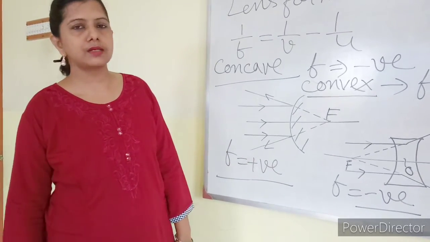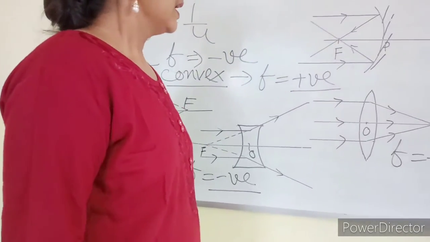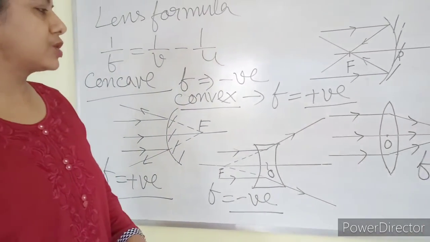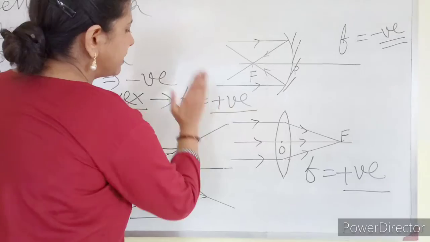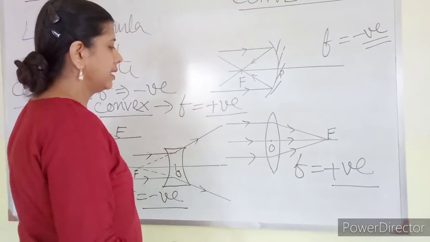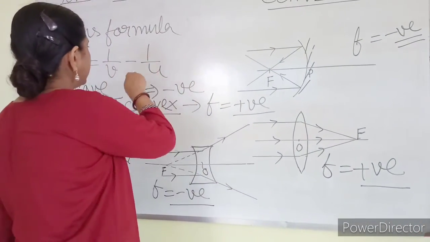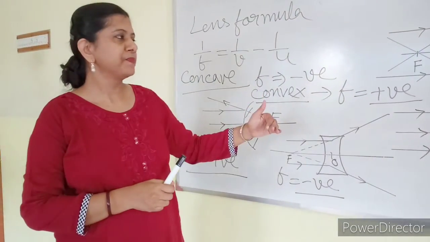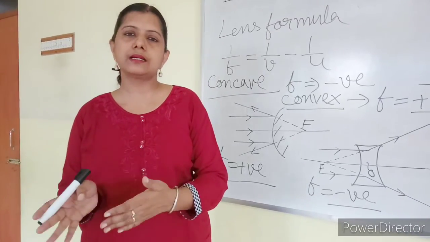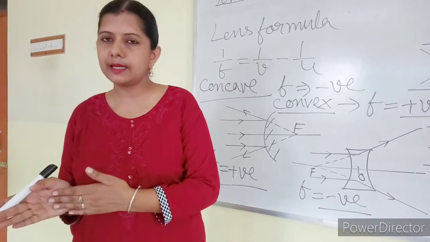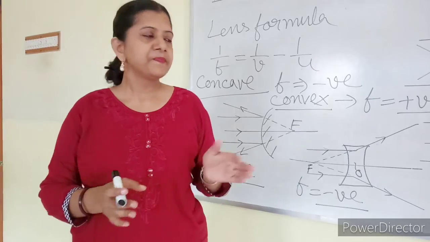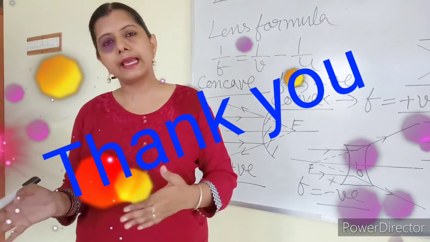In the case of a lens, what is happening? If the image formed is virtual, it is going to form on the same side where the light is, and a real image will be formed on the opposite side. So in the case of a lens, U and V are a little different from the mirror. But in the case of a mirror, remember that on the side where the object is, I have to take negative, and behind the mirror I have to take positive. While doing the numericals using lens, I will discuss again in detail.